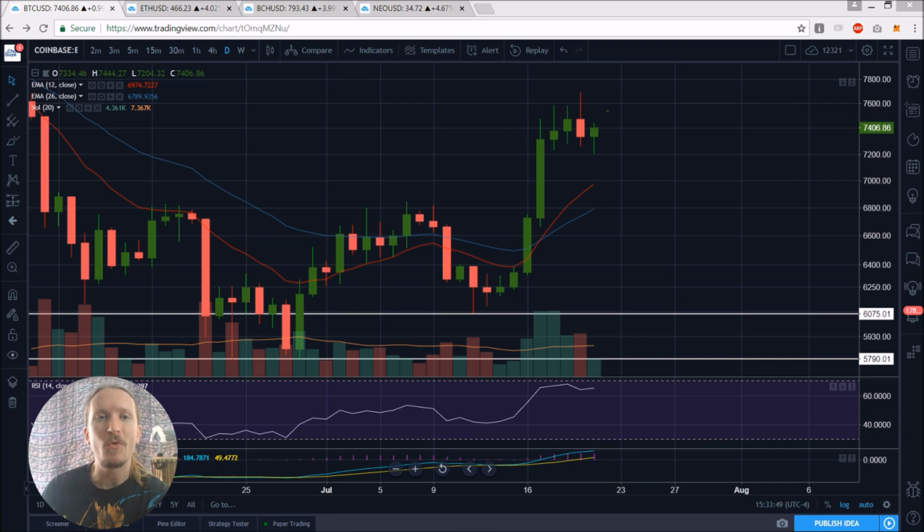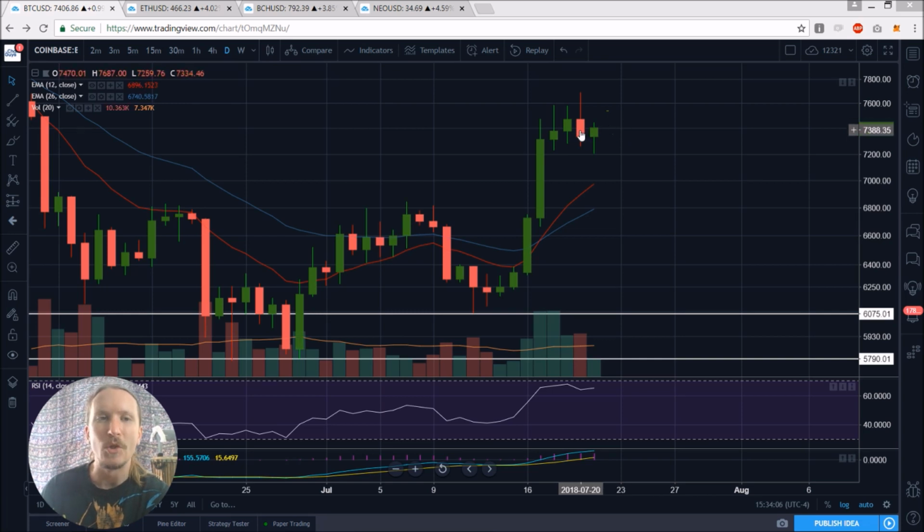We're going to be looking at Bitcoin, Ethereum, BCH, and NEO. I'm in a circle today because that's the kind of day that it is. And we're looking at the potential of a bull flag on the daily time frame. So there's two scenarios on how this is going to play out. It's going to either be a daily bull flag and lead right to continuation early this coming week, either tomorrow